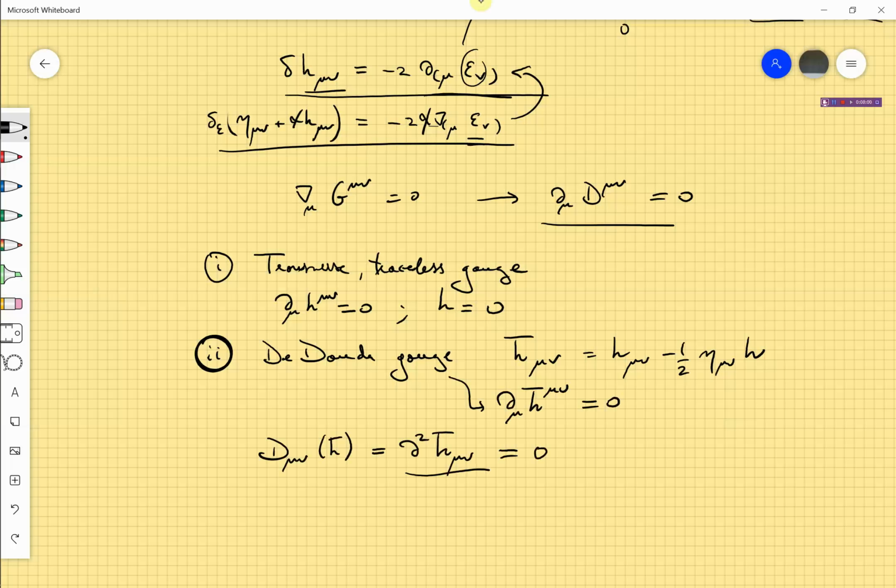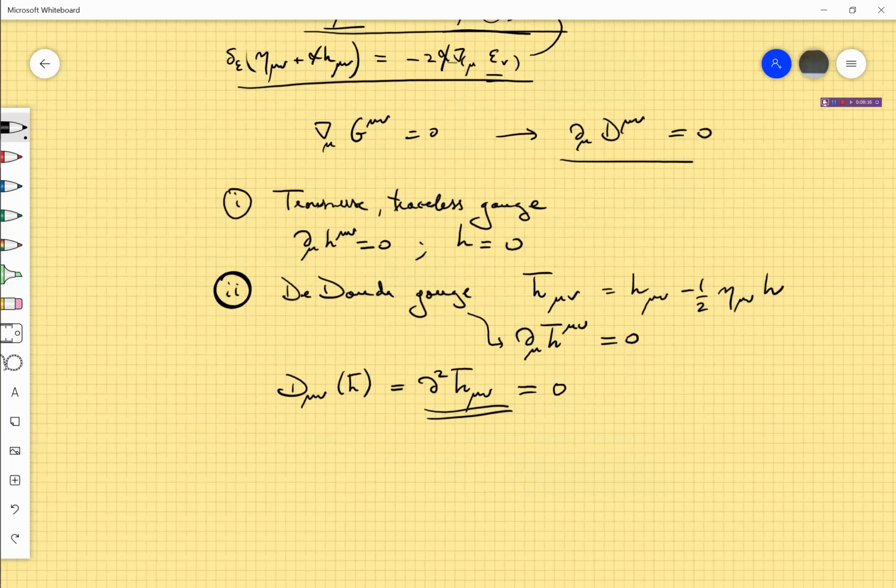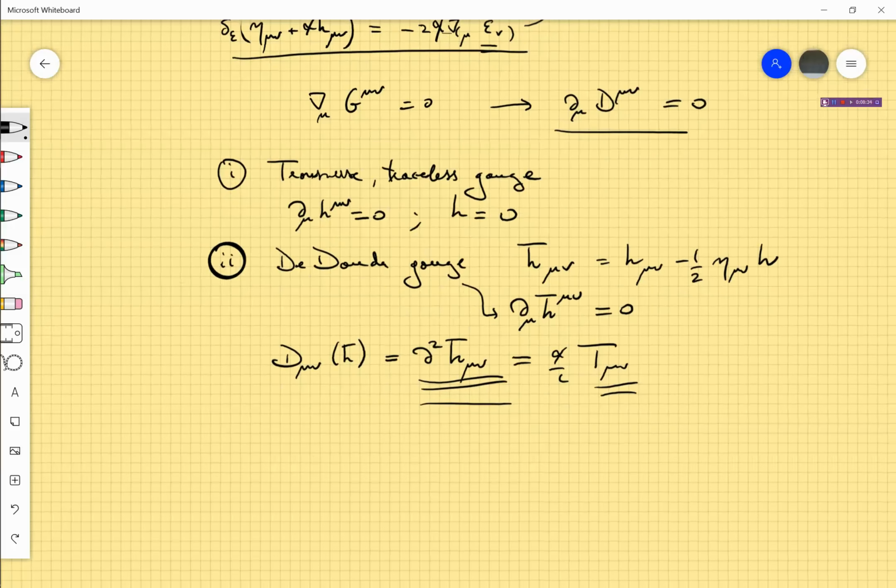So you see that in this approximation, this variable h bar will have solutions that have the form of waves, and these are the gravitational waves that have been observed not so long ago. In more general cases, instead of 0, what you will have is something like this. And in this approximation, if you know the T mu nu produced by some masses moving, then you can compute what are the waves produced by them. This can be considered a source for the waves.